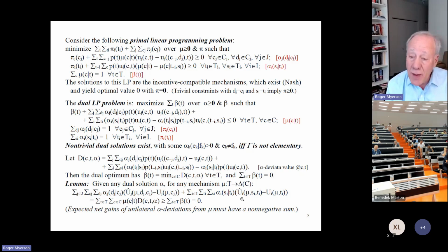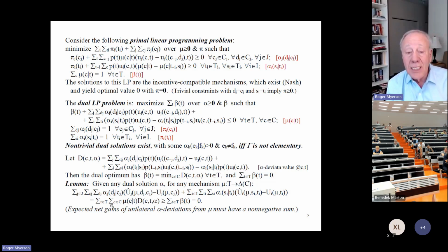And what would he get from the mechanism mu if he deviated to SI? If he planned to deviate to be SI when he's of type TI, well, weight that by its Lagrange multiplier. Take the lambda weighted sum of the deviations from the incentive constraints, and that will be equal to, by definition, the D's were constructed so that that is equal to